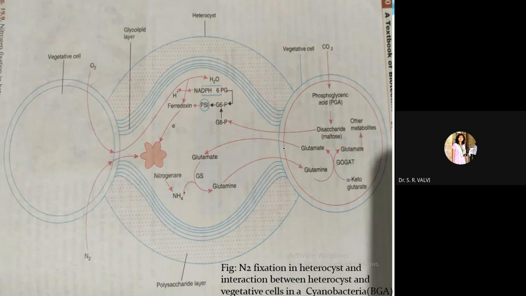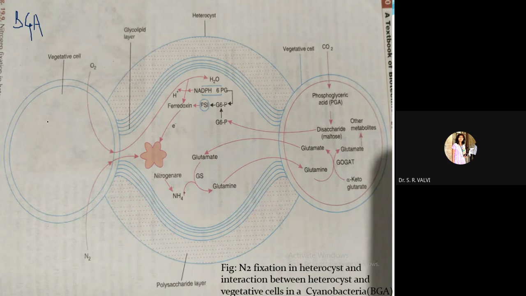Now come towards the next cycle. Sorry, not a life cycle, this is the N2 fixation, but now it is in algae, right? In blue green algae, how nitrogen fixation takes place. By looking at the diagram, please don't take any tension. I will explain to you one by one and very slowly, so that you will get the content of this cycle, right? So here I will start with this CO2.